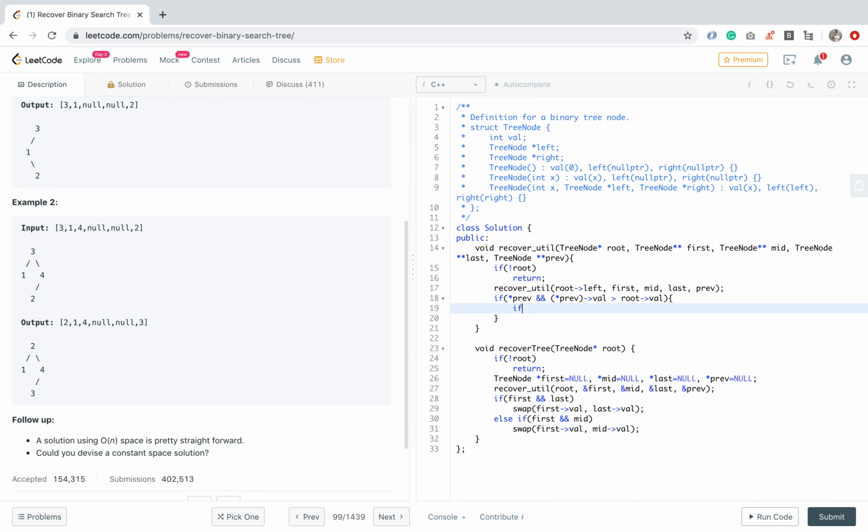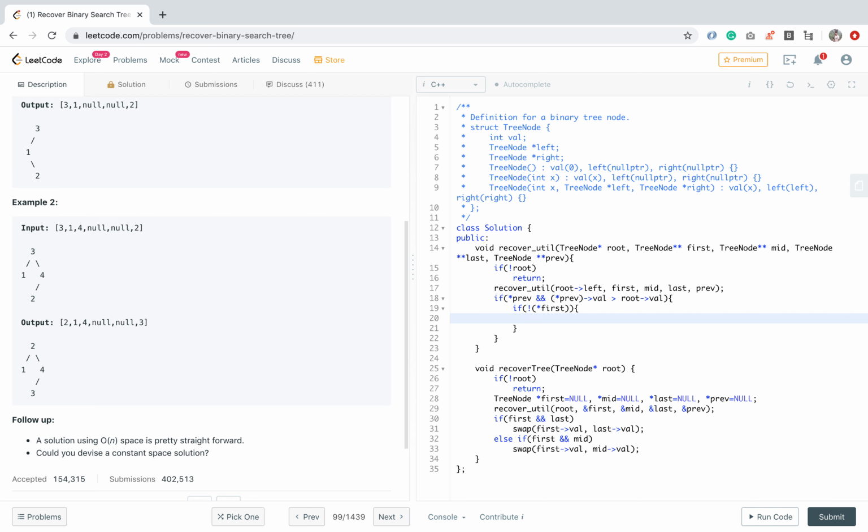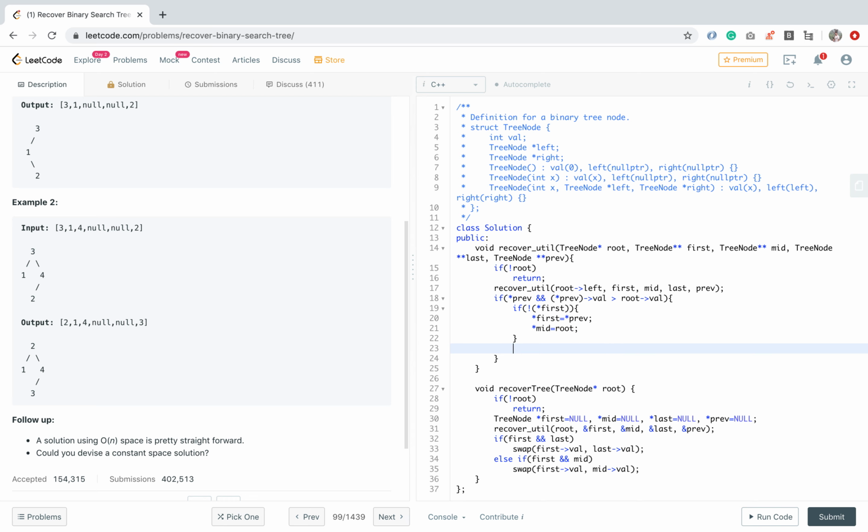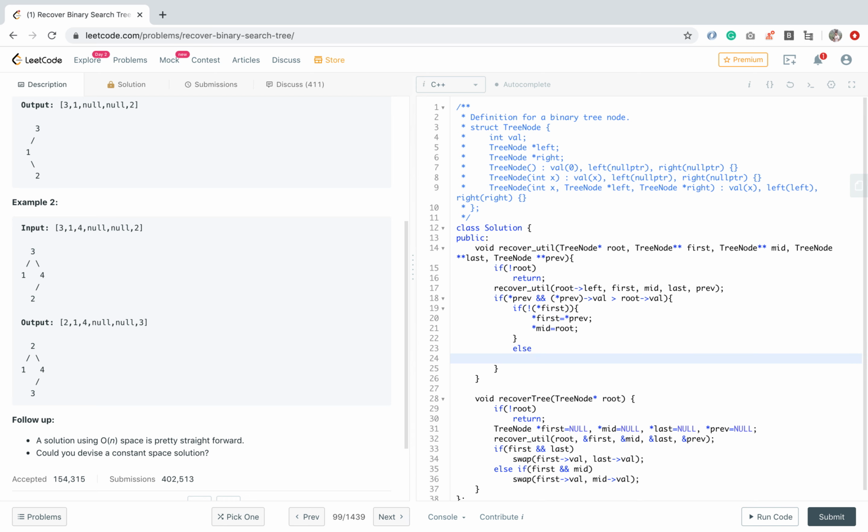So what we have to do, we have to check whether we found the first node or not. If we have not found the first node, that means it is the first node. So we assign the first node as previous node, and the mid will be the next element of the first, that means it's the root. But if it is already assigned, that means that will be the last element.